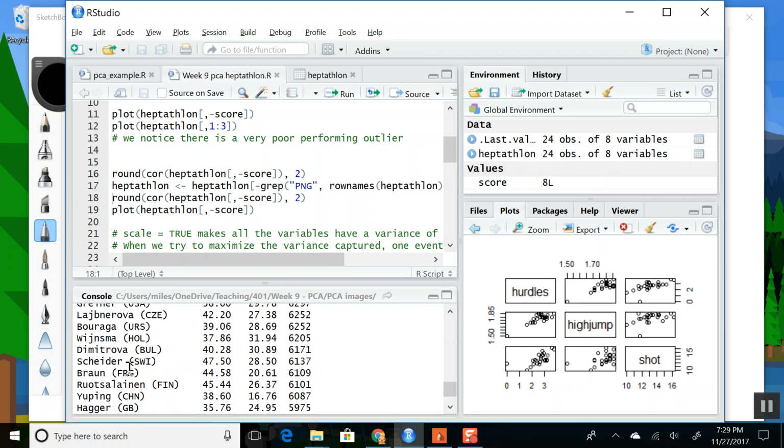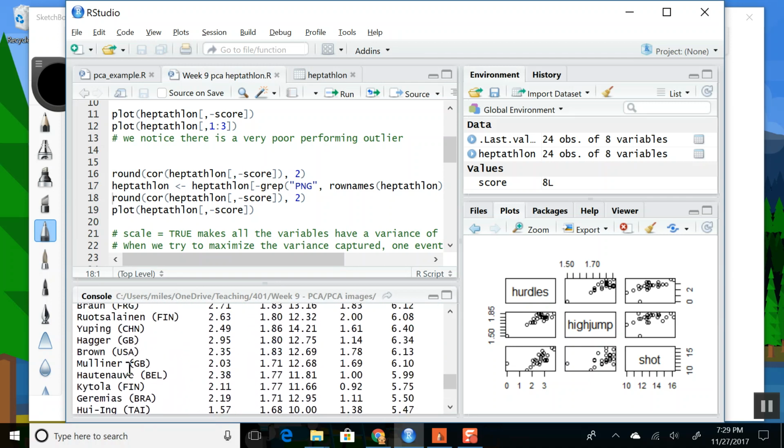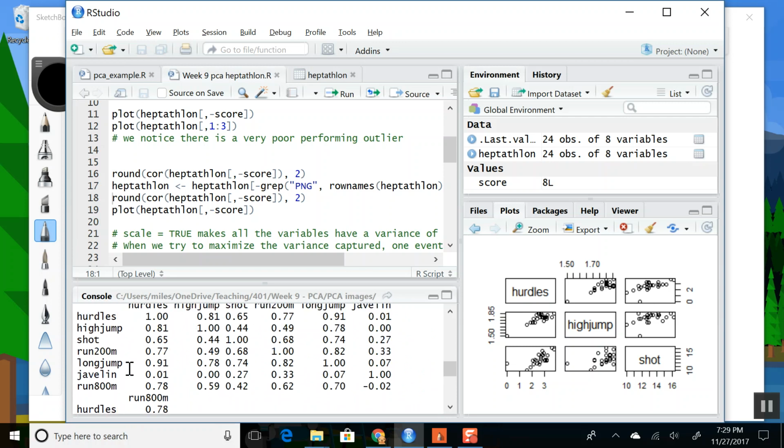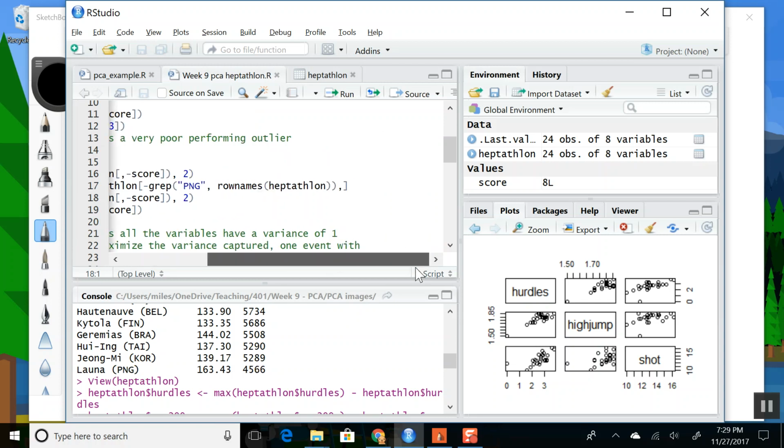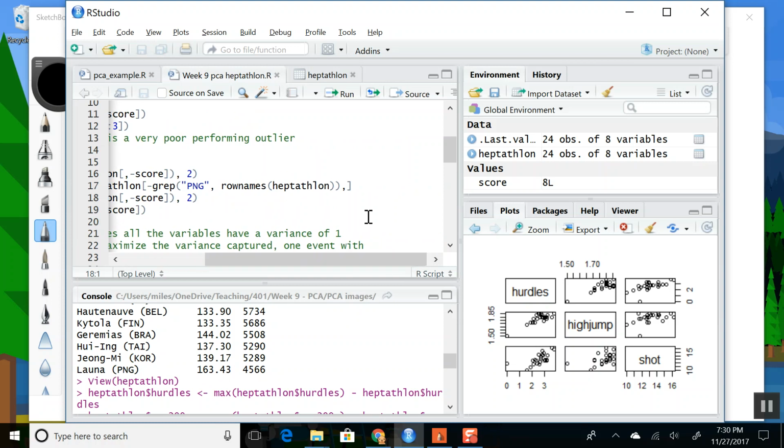Oh, we removed the outlier. Okay, so Launa of PNG was our poor performer. Okay, so we removed that. We removed the outlier